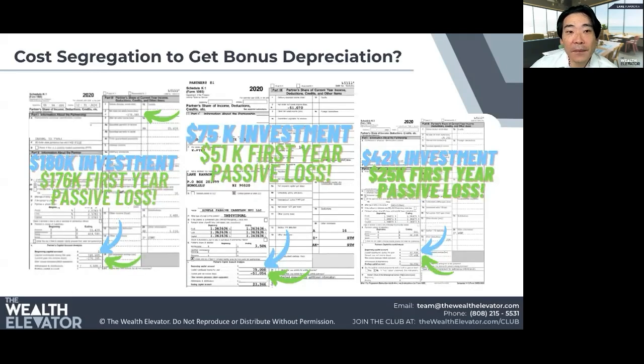So here are some other examples. And of course, these things range and it depends a lot on how much improvement plan, how much leverage you're using. These are obviously from past years. Bonus depreciation comes and goes, but it's just a portion of it. Even without bonus depreciation, when you invest in these larger deals, these commercial assets, the depreciation schedules are a lot more aggressive than the 27-year standard straight line depreciation with your single family home. On one of these, a $180,000 investment I made, I got a $176,000 first year passive loss.